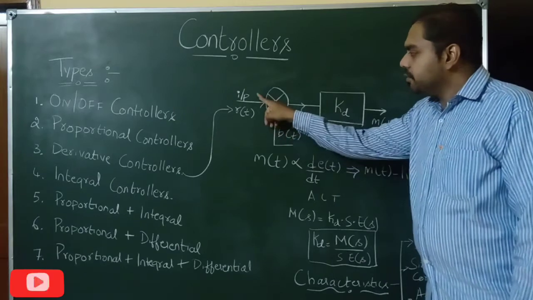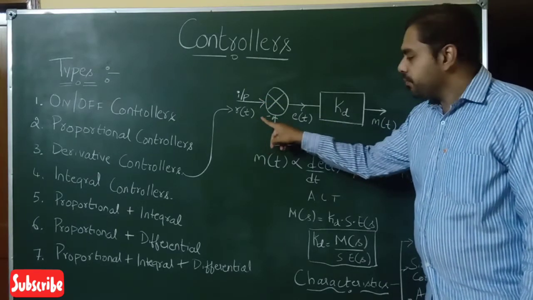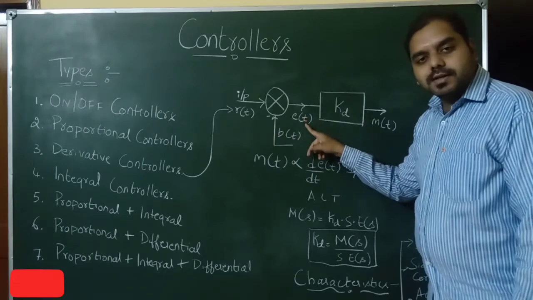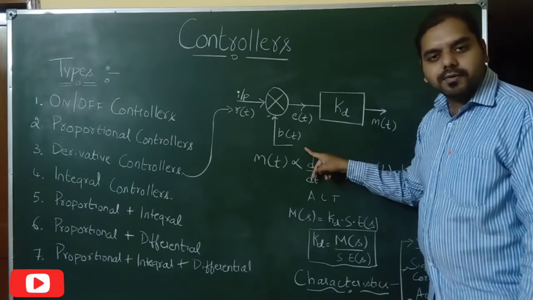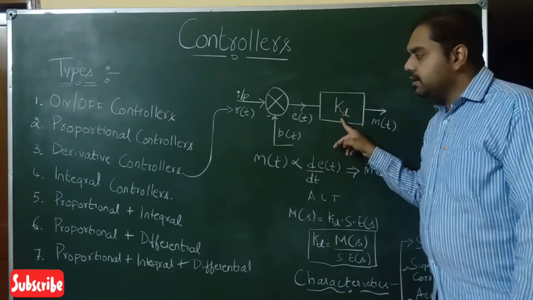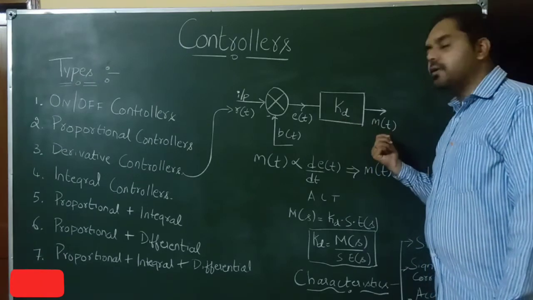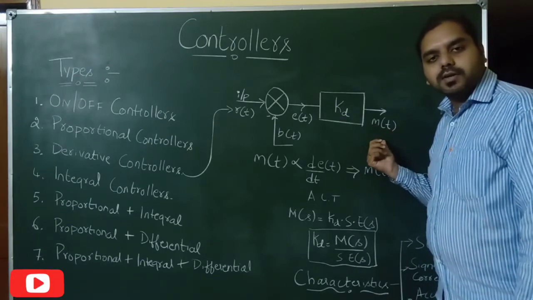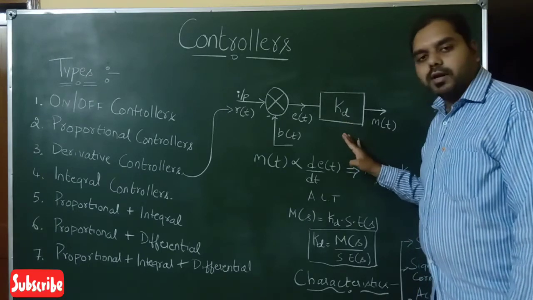Now, we have the input which is denoted by R of t, that is nothing but the reference input, and E of t is nothing but the error signal, and B of t is nothing but the feedback signal which is measured from the output of the element of the plant here. And this K is nothing but the derivative gain constant that is represented by K suffix d, and m of t is nothing but our manipulated output. These are the different terminologies involved in our derivative control block diagram.